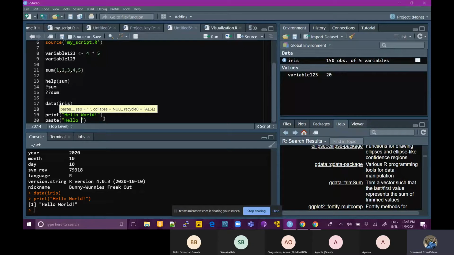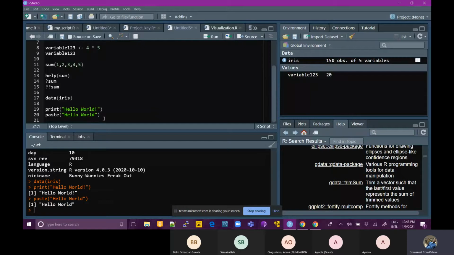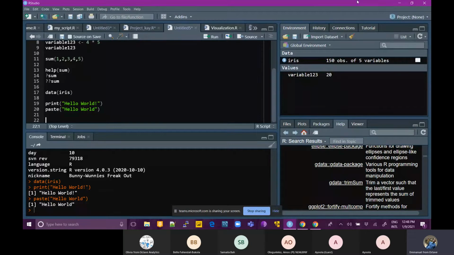I can also use paste hello world. But this, you can see, is not the same thing. It might work similarly, but it's not. It's more sophisticated than print in some aspects that you want to use. And also,